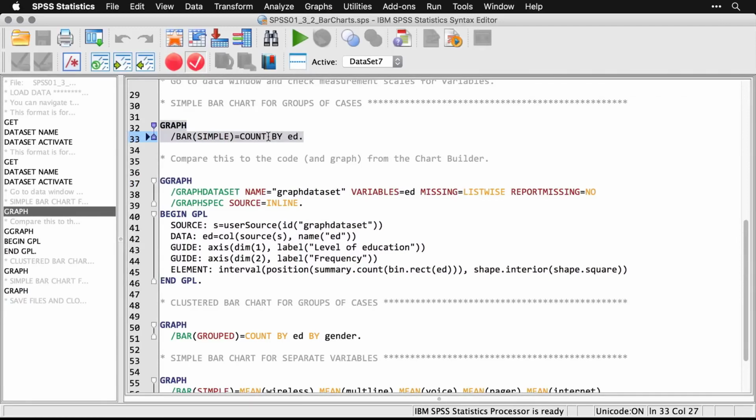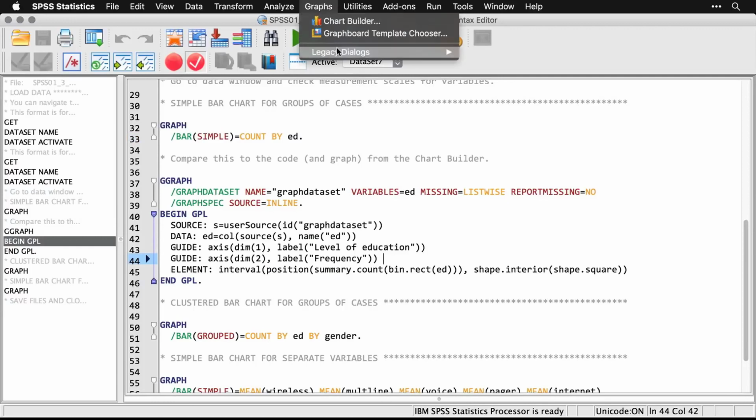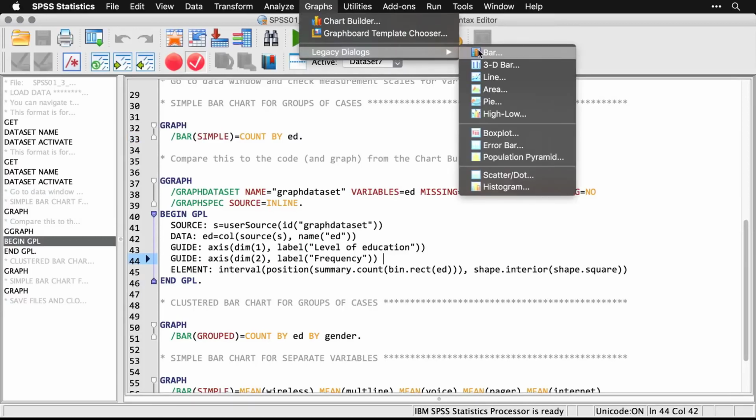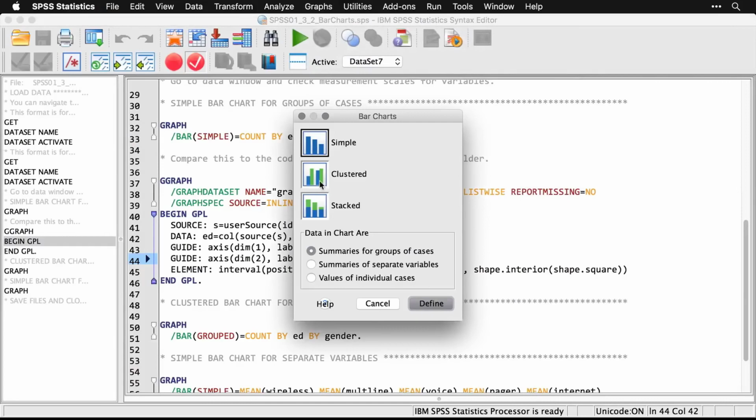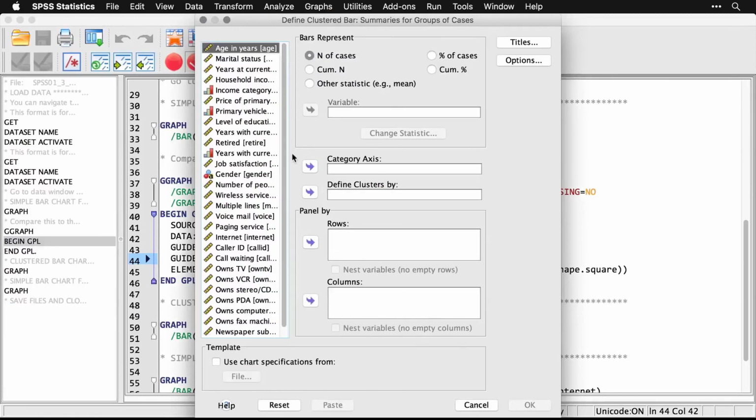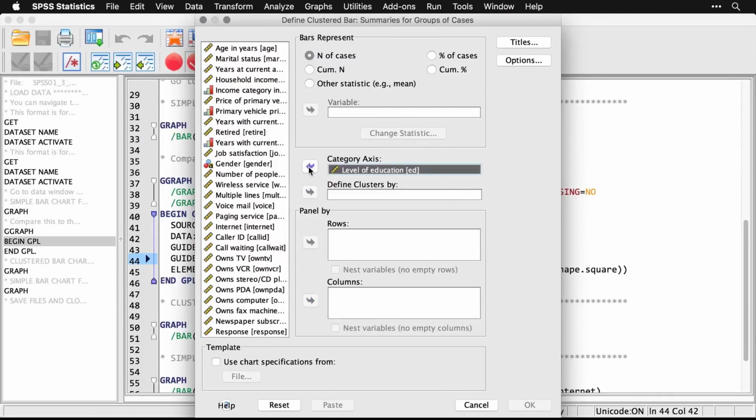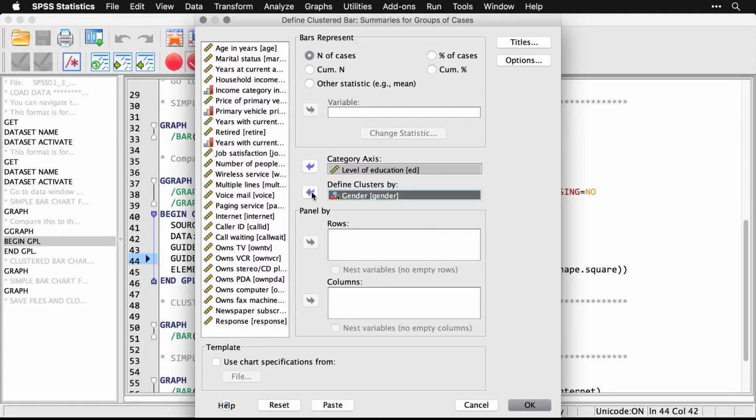Now let's do a clustered bar chart for groups of cases. We'll look at levels of education by gender. To do that, we come back up to graphs, into legacy dialogues, to bar. And now we're going to cluster it. We're going to do a level of education clustered by gender. So I hit define. And we'll get level of education. That's sort of our outcome variable. Put that under category axis and then define clusters by gender. We put that right there. I'll hit OK